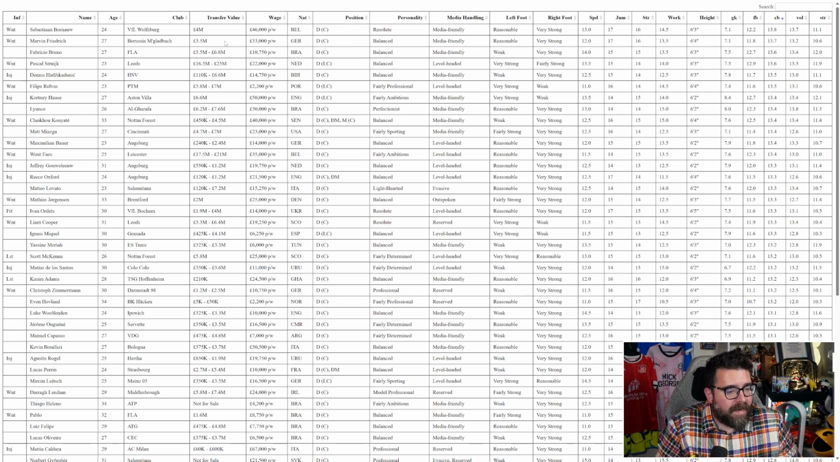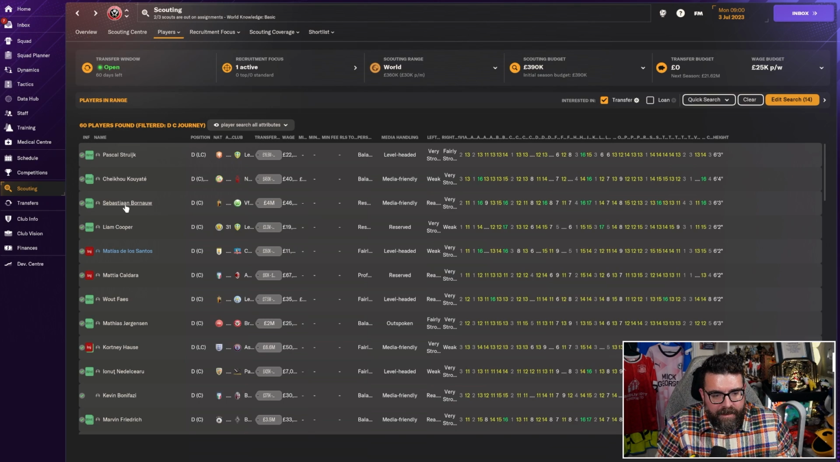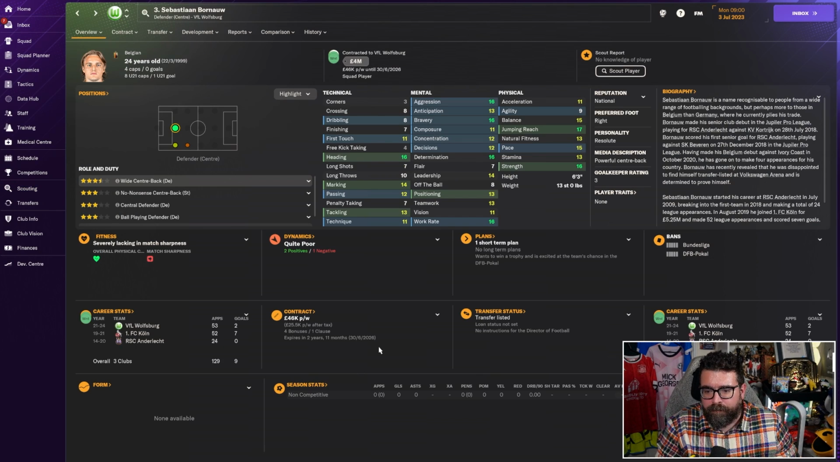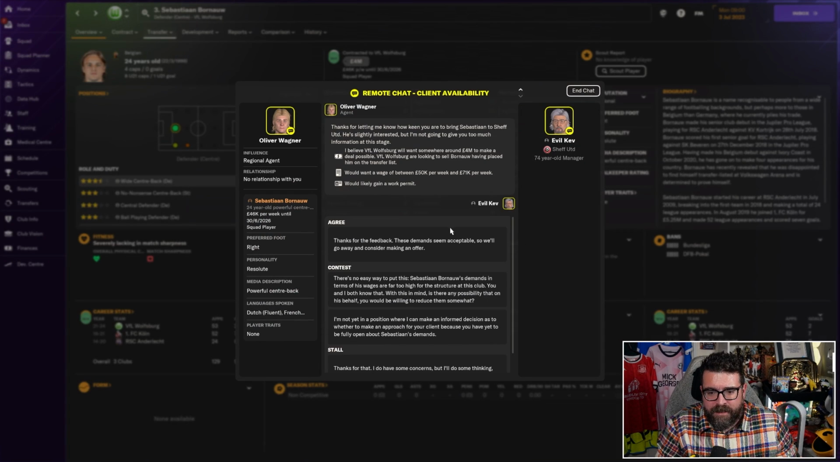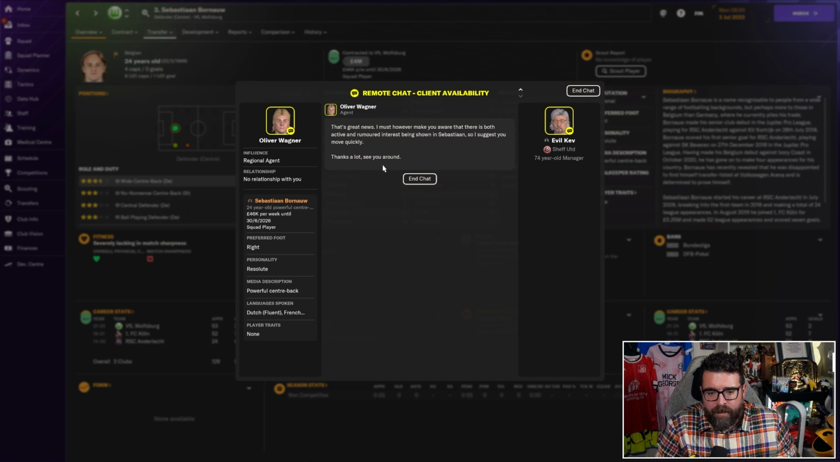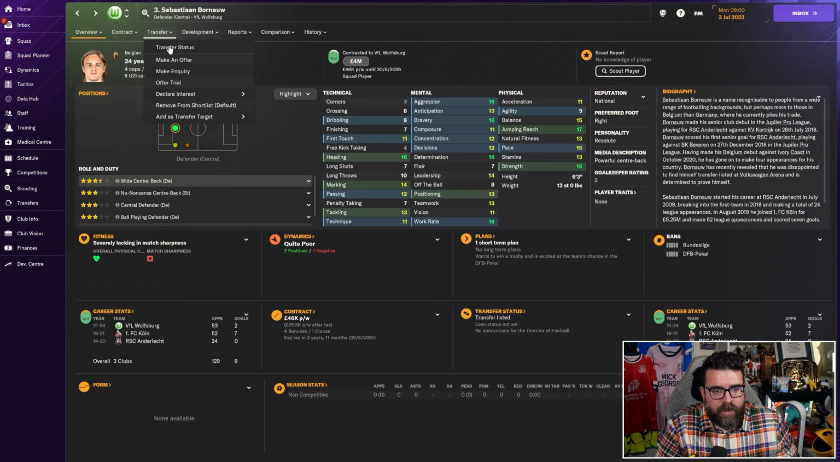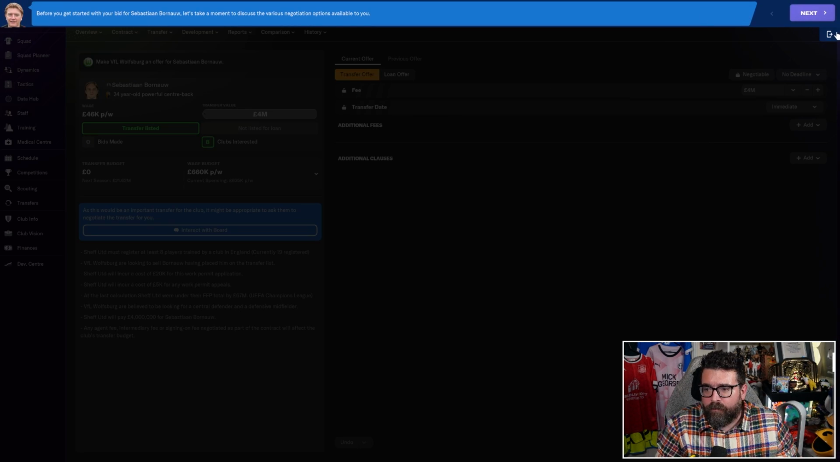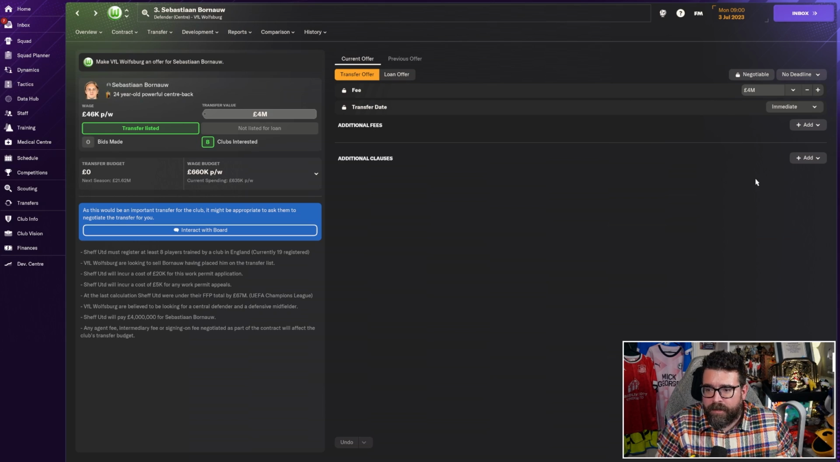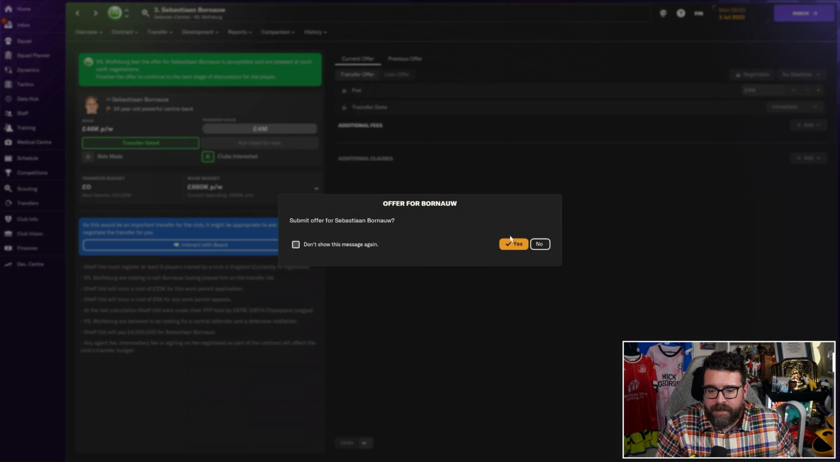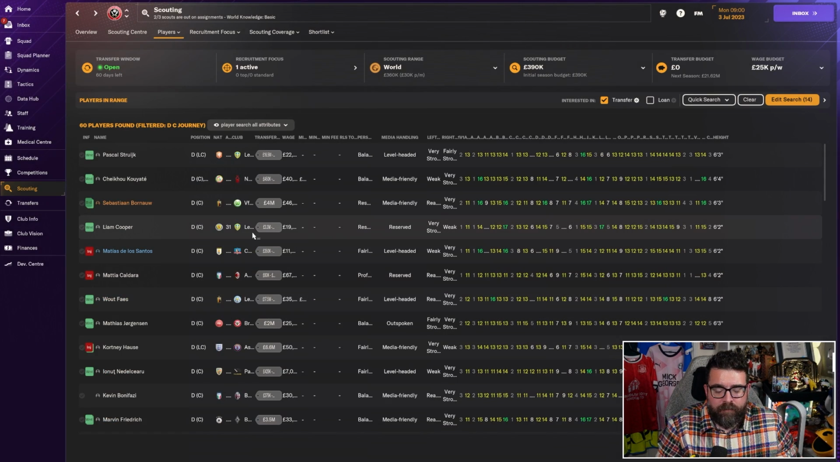So we can then jump back into Football Manager, find that guy, there he is, Sebastian Bornau, and buy him. He's available for £4 million. Let's have a chat with his agent. There you go. We can get him for £4 million. So let's go buy him. And we know from when we assessed the squad before that that guy is an upgrade on the centre-backs that we've got at the club at the moment. So by bringing him in, we're improving our squad,